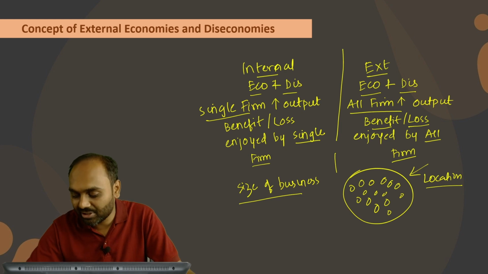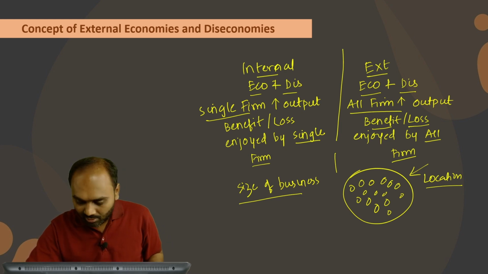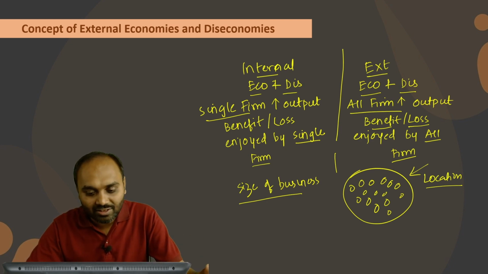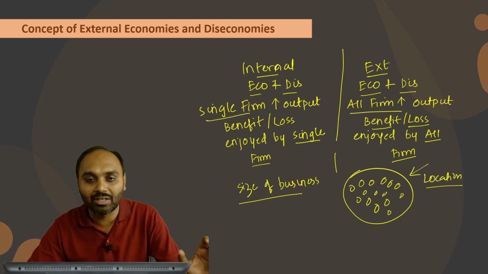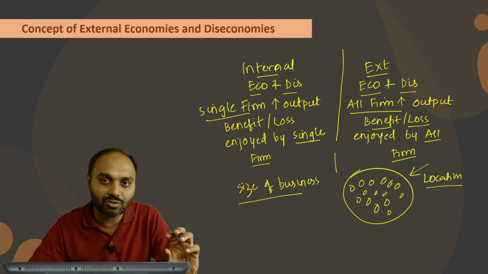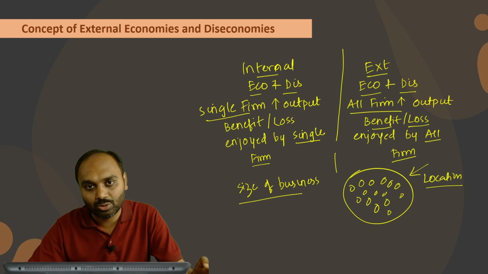Okay, so you want an explanation regarding external. Chandana, let me ask you a simple question. If you can see the slide, I have written over there external economies and diseconomies, and after that I have written all firms. Now when I say all firms, it means there is an industrial area. You can take the example of Surat. In Surat there is a diamond park where all diamond business people do their business, and there is not one single company doing business over there. There are lots of companies, and because of that there are a number of business units over there.